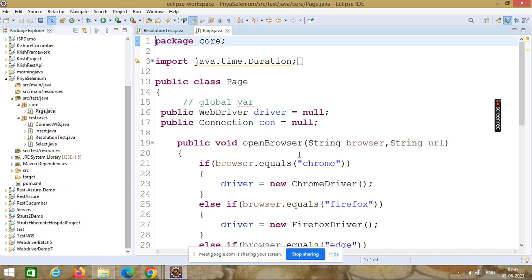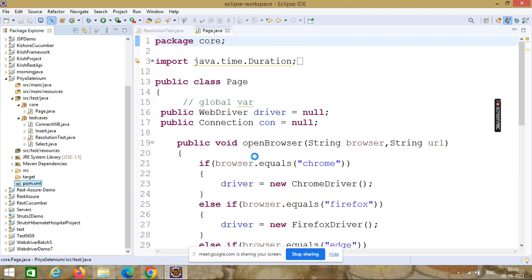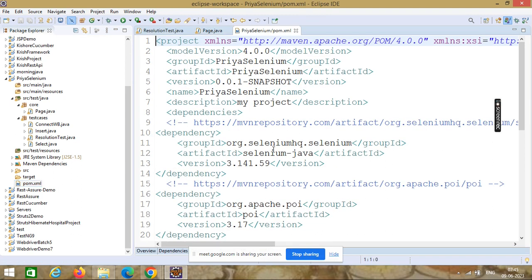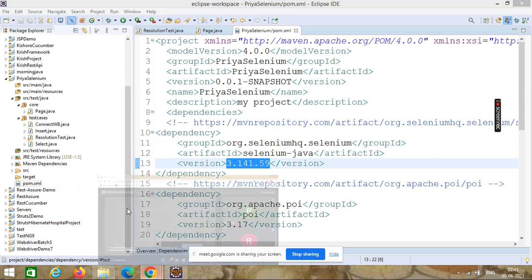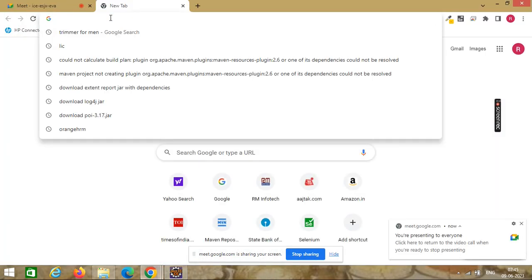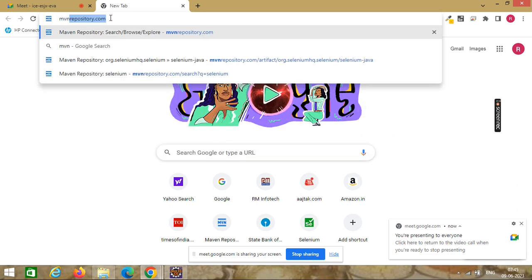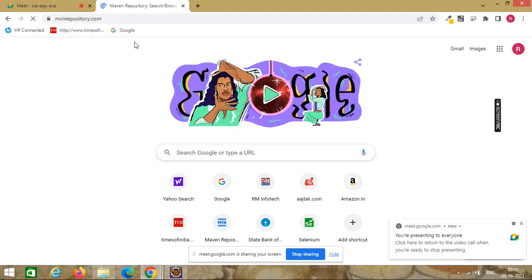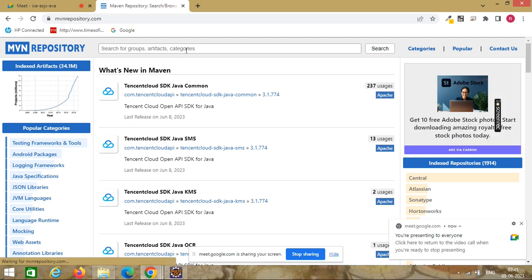Because I am using an old library. Okay, you use a new library in your program. Here, because of my Eclipse, I am using the Selenium old library. Here I am using Selenium 3.4.1. So on your machine, when you try the program, instead of using this library, again go to mvnrepository.com, search Selenium,